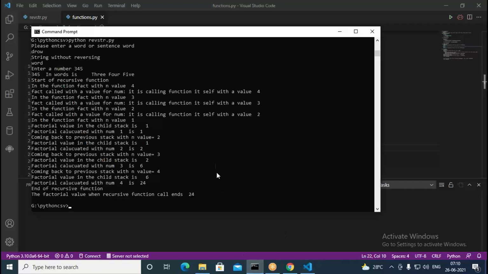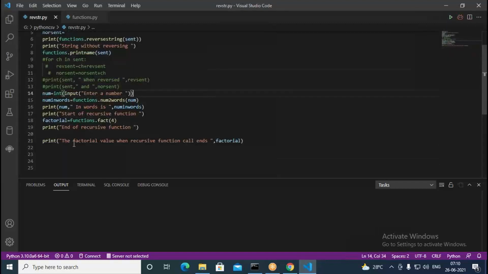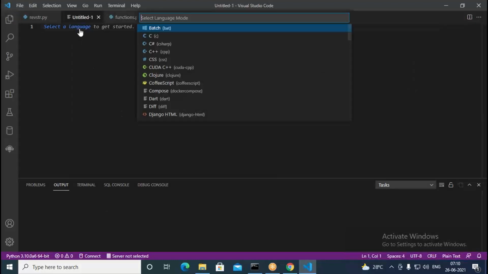Now come to this piece of code, then try to execute that. This time, we just comment some code in the reverse py. We don't call the factorial again here. So that's why I comment these things. Even this can be commented. They are not required. Or else we try to use them in some other program. So go with the new file. In the new file, I choose Python.